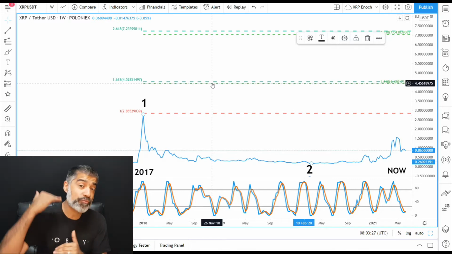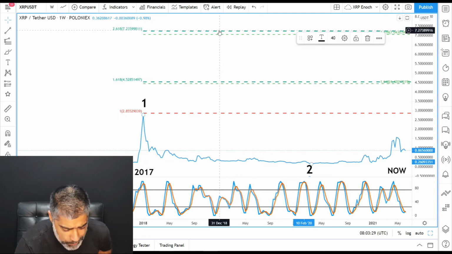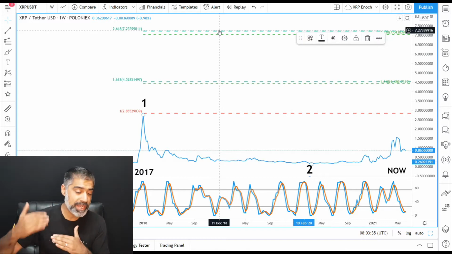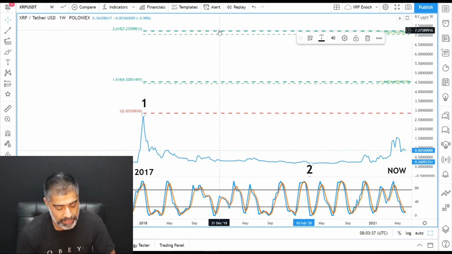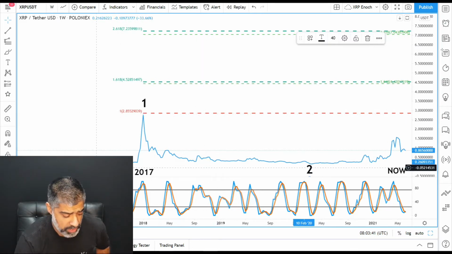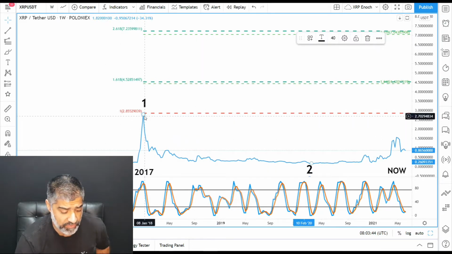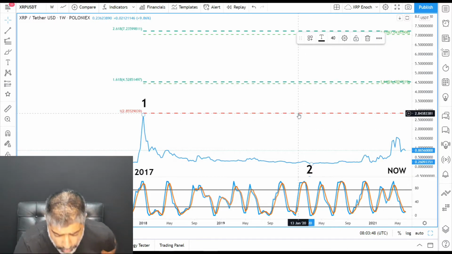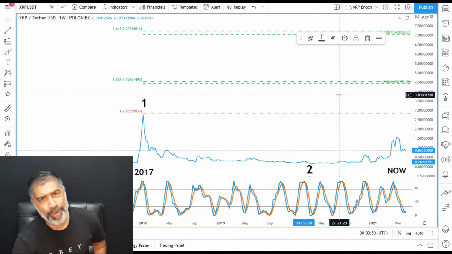And a typical overextended wave 3 is 2.618, which is up here at $7.30, taking the 2017 data into account. Now that will take a bit of time to unfold, and there might be some highs and lows between there. But the absolute minimum is just 100%, which is literally measuring this from the low to the high and then back down here again. 100% would be $2.80. So where is $27?